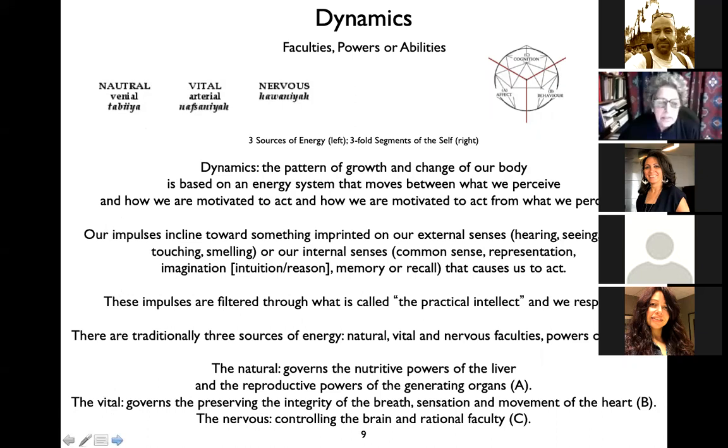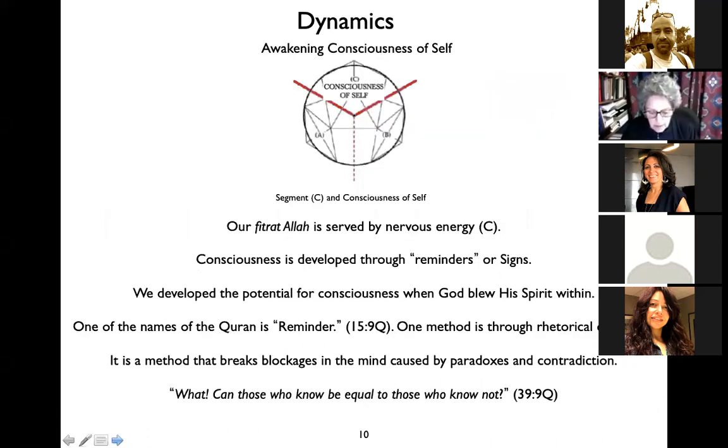Okay. So now we're still talking about the dynamics, which is to awaken the consciousness of self, which is part of our cognitive system. And this is based also on our Fitratullah. So when God breathed his spirit within us, he not only activated our soul, but he gave us our Fitratullah as well. That's part of our spirit, the spirit within us. And it's served by the nervous energy. And the whole point is